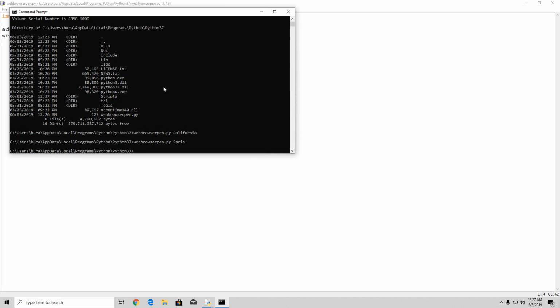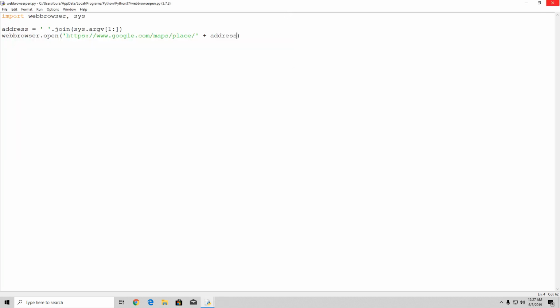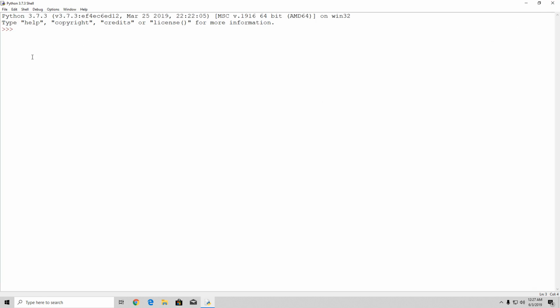We saw a simple example of how we can use it, and right now what we're going to do is we're going to take a look at another library that we can use. Now that library, let me just close this, we don't really need it. We will just leave the idle open, and that library is actually called BeautifulSoup. Now it is a module that is used for extracting information out of the HTML page. Now the name of the module in Python is bs4, and that's the name that we are going to use